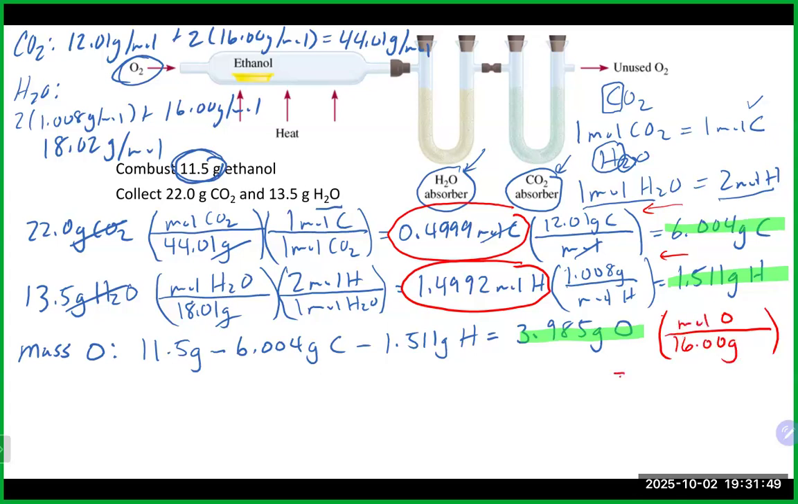So we'll do that one. And now for oxygen, we will get divided by 16. 0.2491 moles of oxygen. So I'm just going to put all my moles out here. So we got 0.4999 moles of carbon. We got 1.4992 moles of hydrogen. And we just calculated our